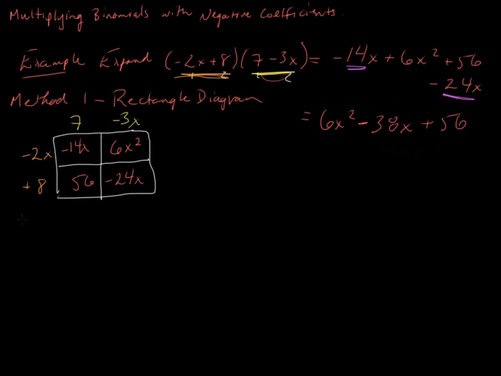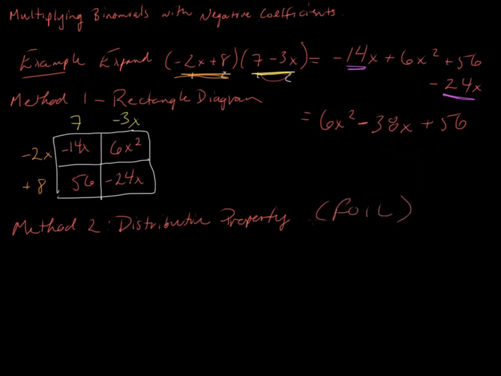Now the other strategy that you could use is the distributive property. And since this is a binomial times a binomial, it follows that FOIL acronym: first, outside, inside, and last. So again, if I want to just rewrite this, negative 2x plus 8 times 7 minus 3x,